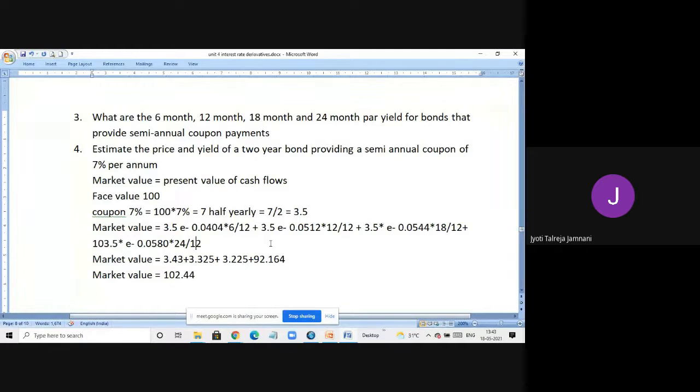Any doubts with this part? I know it's after a gap of many days, so you might be feeling it a little difficult. But this same thing I have solved many times. If you could just revise the previous sums that I have done, it is the same thing I have done every time that I have solved it.